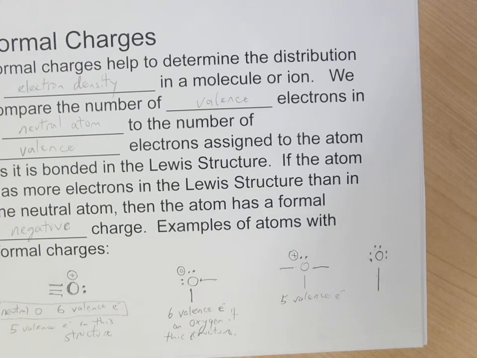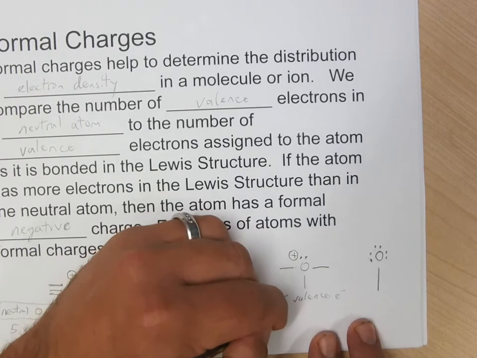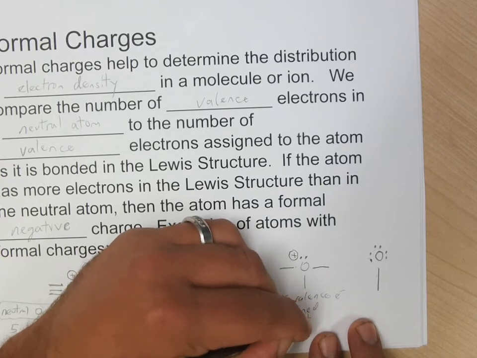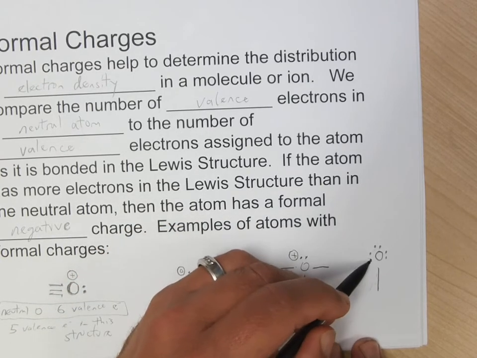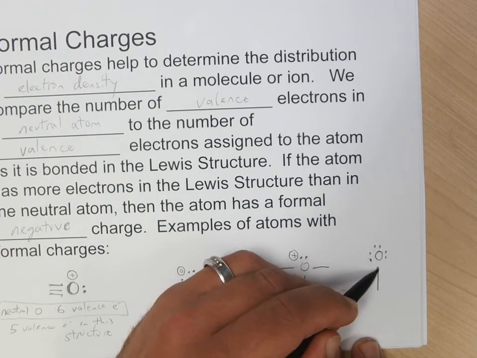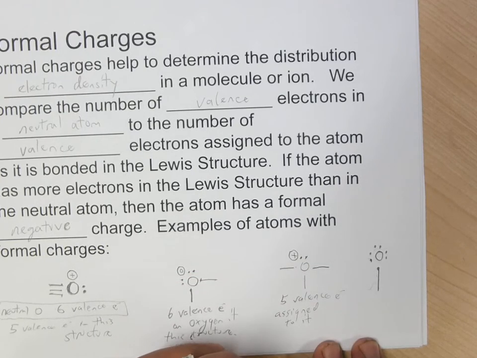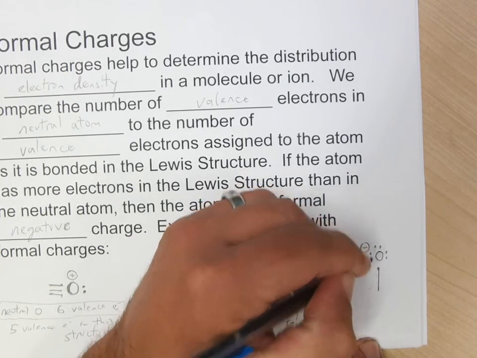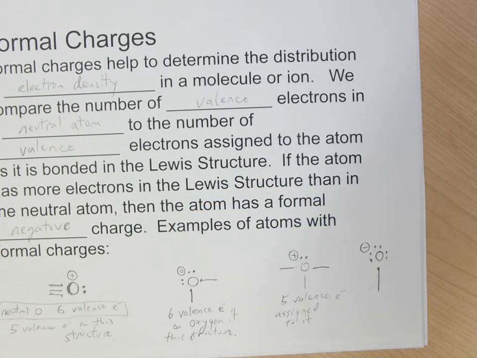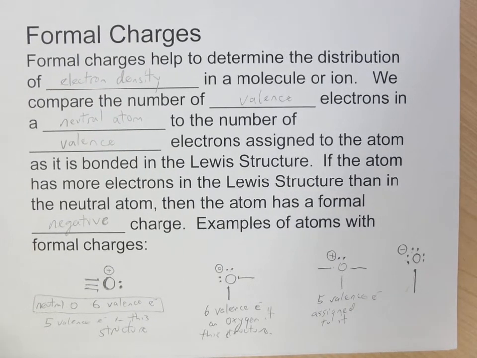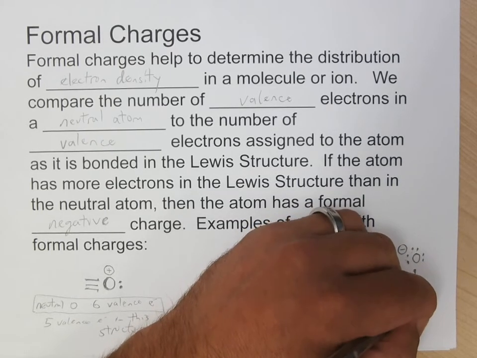And now if you count the number of electrons that we assign to it in the structure, then you have 1, 2, 3, 4, 5, 6, 7 electrons assigned to the oxygen. That's 1 more than it would have if it's neutral, so a single bonded oxygen has a negative 1 formal charge in the structure in which it's singly bonded like that if it's obeying the octet rule. So 7 valence